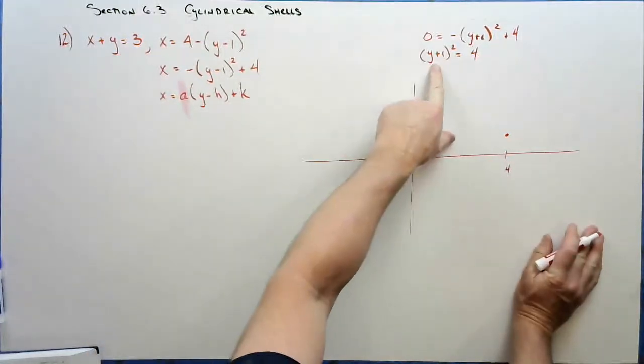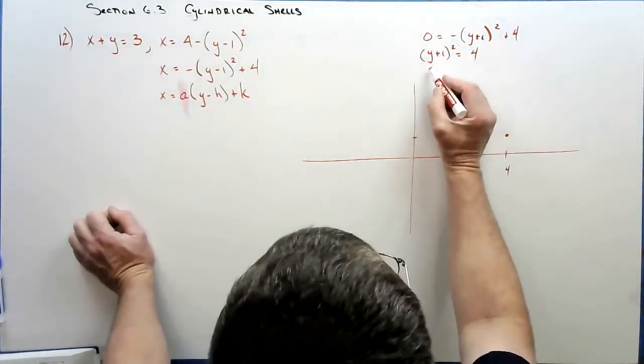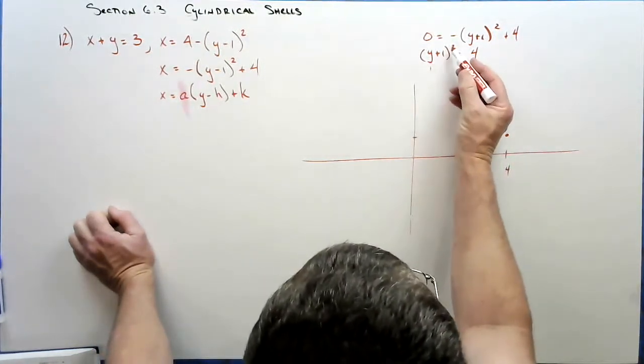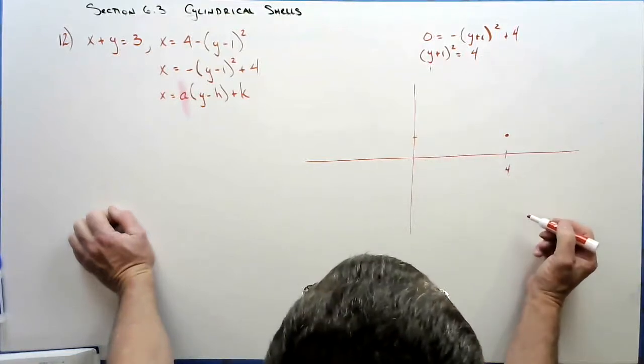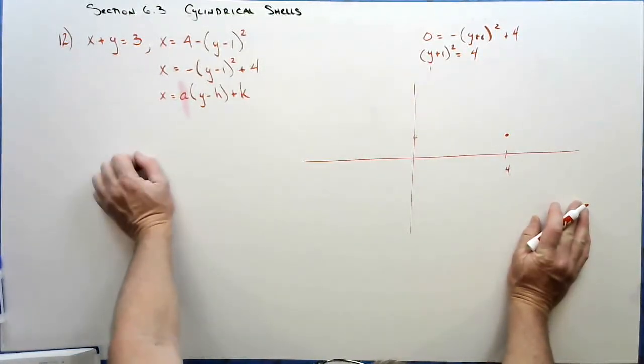What do we square to make 4? And the answer is going to be 2 or -2. If I put a 1 here for y, 1 plus 1 is 2, 2 squared is 4. So one of my intercepts is y equals